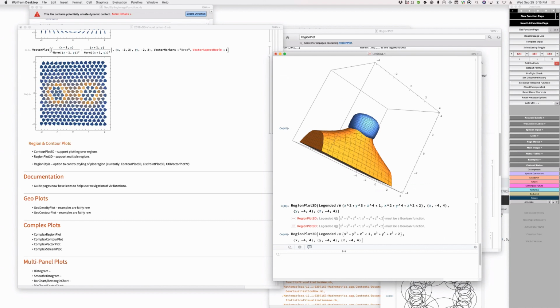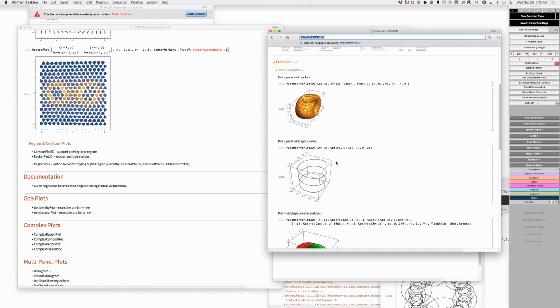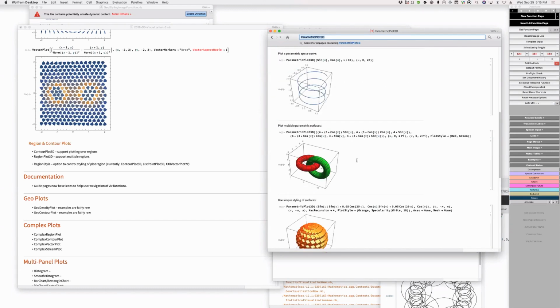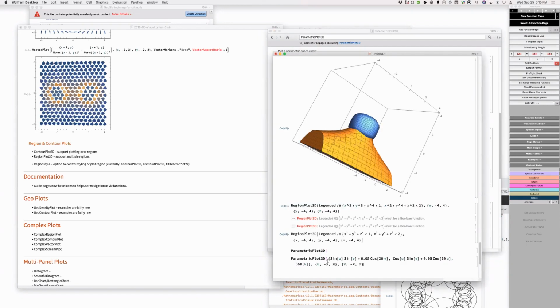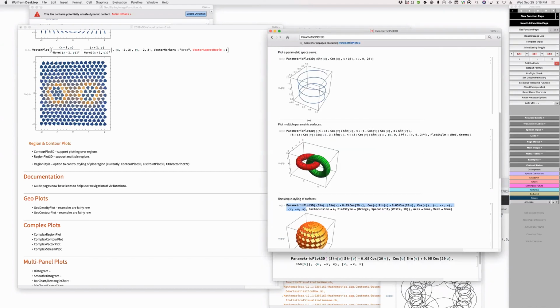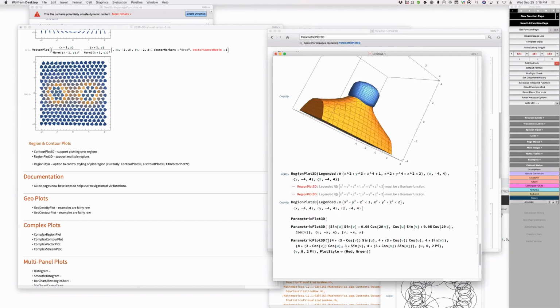I see. So if I were to do parametric plot 3D, I don't know what I can do. And just look at the docs. Well, I mean, you're saying to get an image. Okay, so let's say this one here. I don't know what this really looks like, and then if I say, oh, I see, I need multiple, whatever. I mean, you only need one. I mean, you can do a call out on. Okay, but if I were to say call out